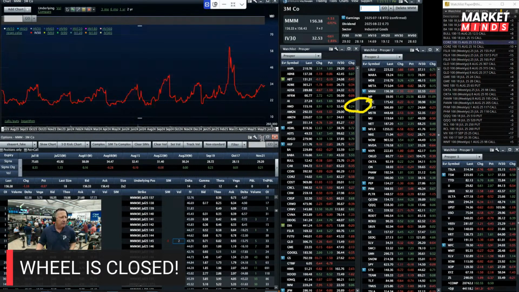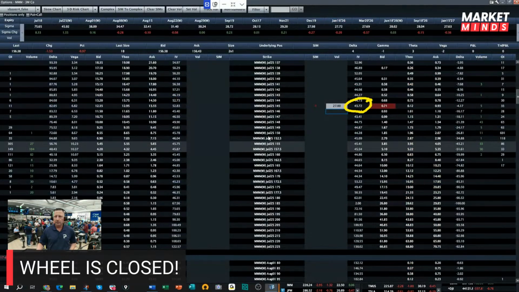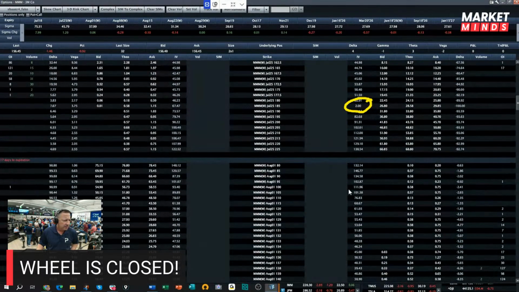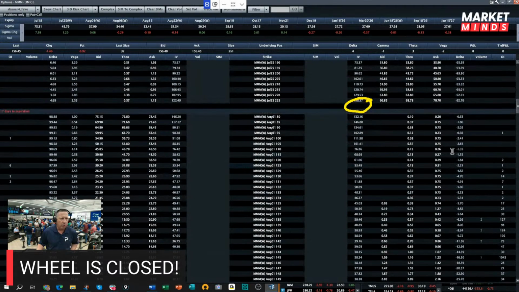Okay. Now, if we want to do a 1 week calendar spread, let's go out to the following week, which is August 1st. Okay. And we're going to look at the 145 put. Okay. And we could see that it is already way lower as it should be. Okay. It's about 38 or so. Where should we adjust that to? Where should we adjust that one down to?